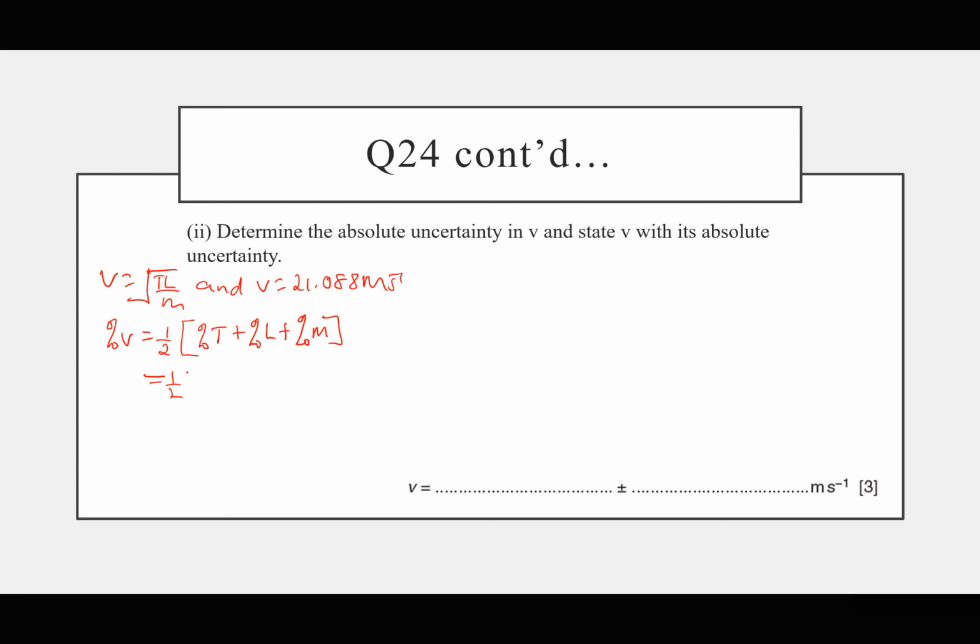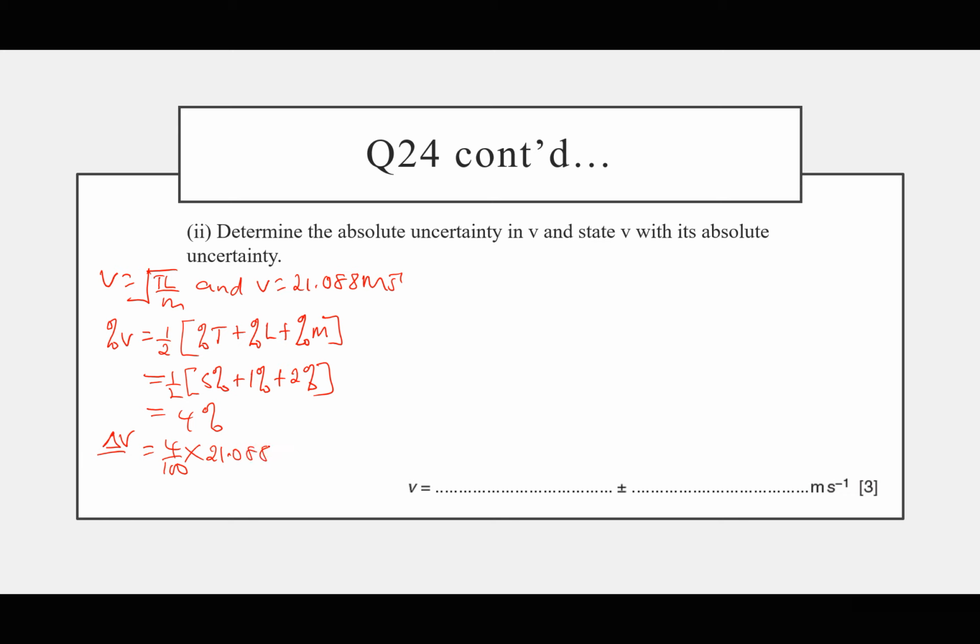This will be for T, 5%, plus for L, 1%, plus for M, 2%. So this is 5, 6, 7, 8 divided by 2. That becomes 4%. But that is percentage, remember? Therefore, the absolute uncertainty in V will be given by 4 over 100 times the true value of V, which is